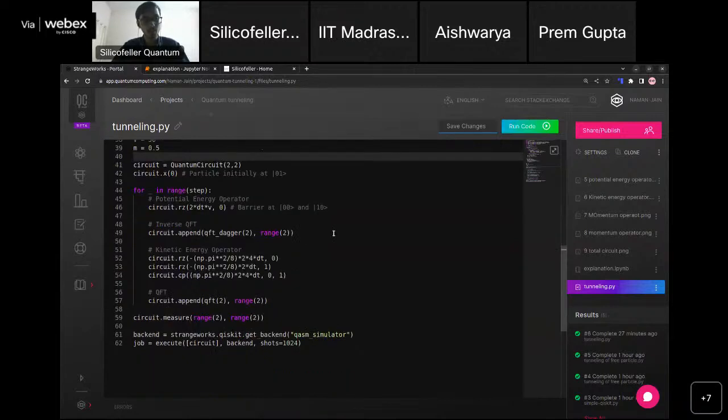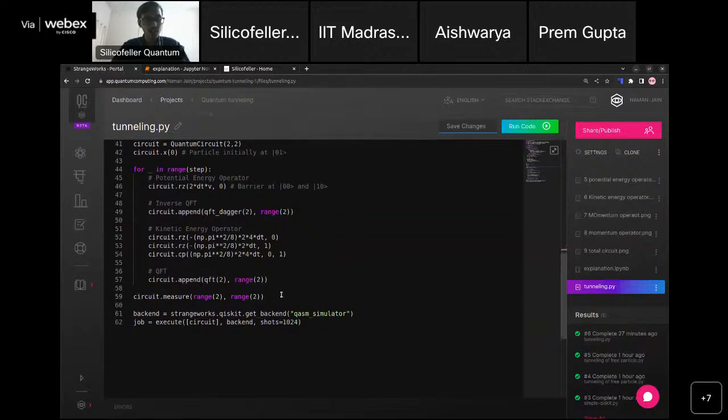and I would again suggest you go back to that paper and dig in for yourself because it's really wonderful. And finally, we perform the measurement to be able to get that result in the form of good old binary strings. And now to simulate this circuit, we are demonstrating it on the Quantum Simulator, which is basically a classical simulator capable of mimicking a quantum computer. And we are doing it